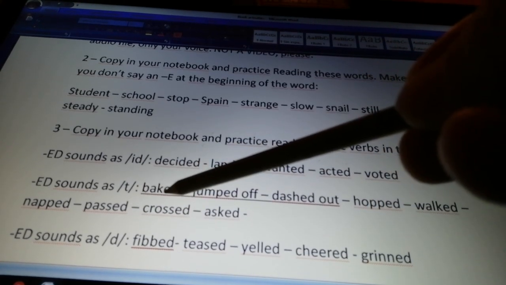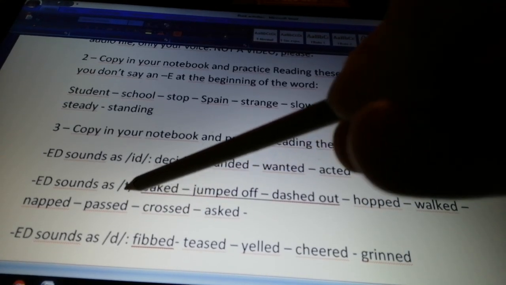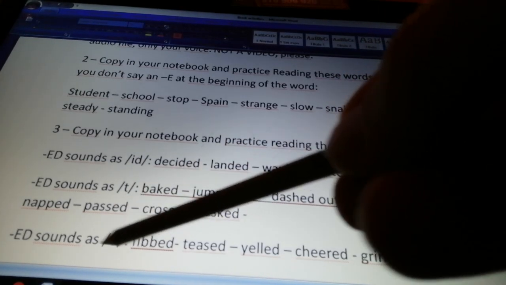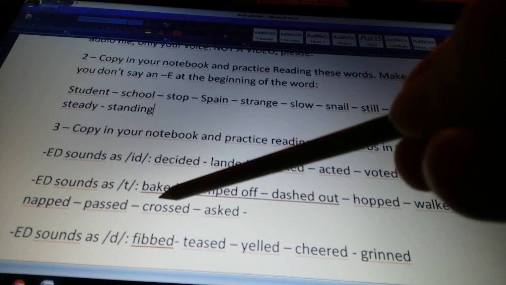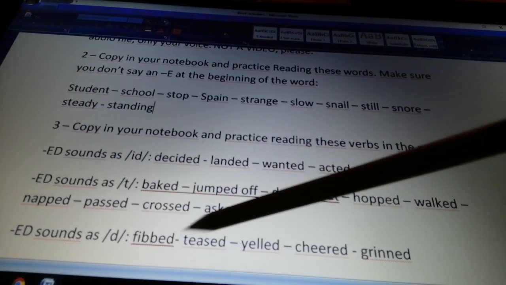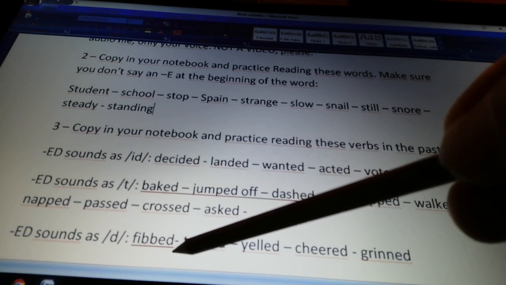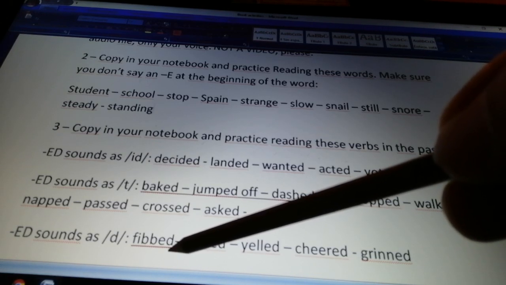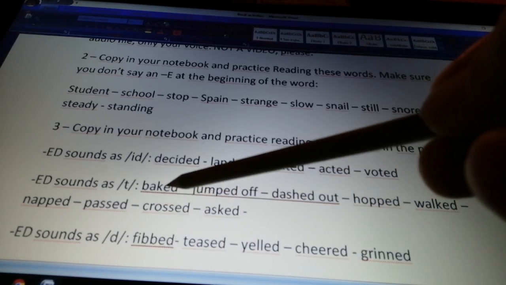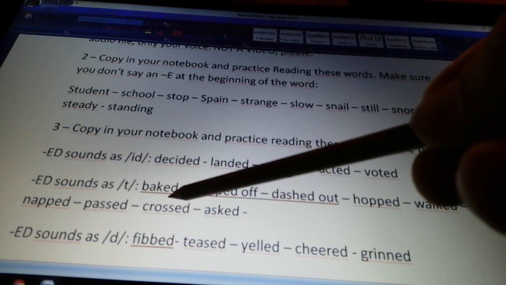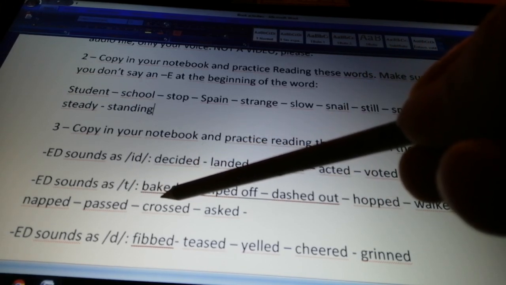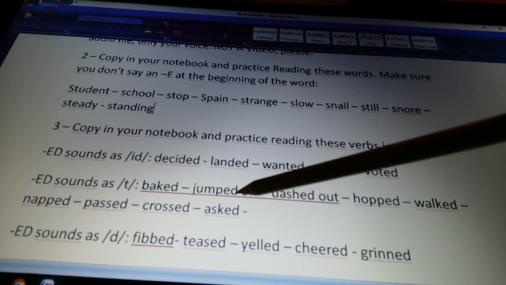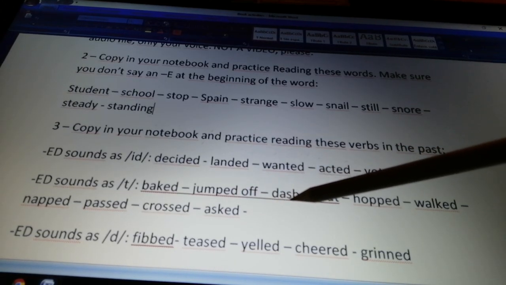You can say that ed as a t or that ed as a d. Now, these words that are underlined are the new words in the Gingerbread Man book, okay? So you're going to find the words baked, because it's going to sound like a T, baked, jumped off, dashed